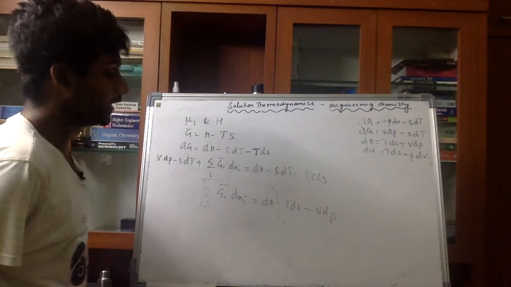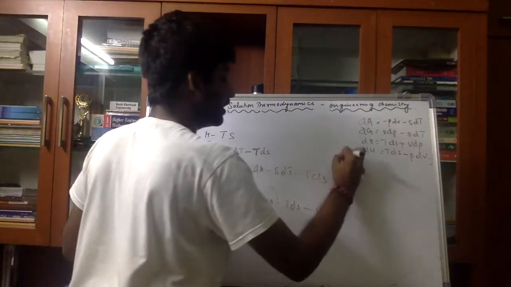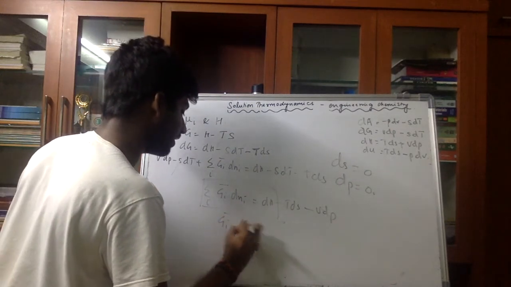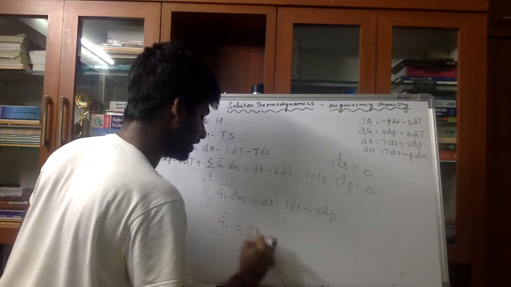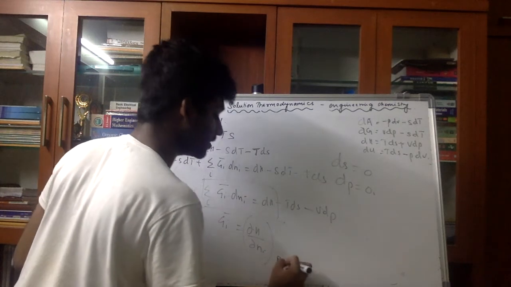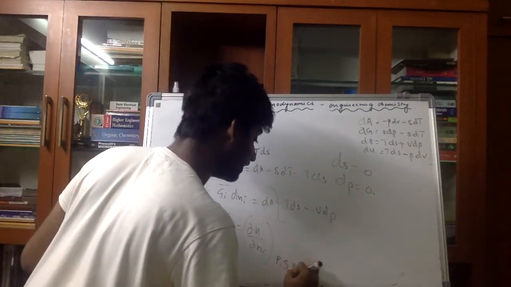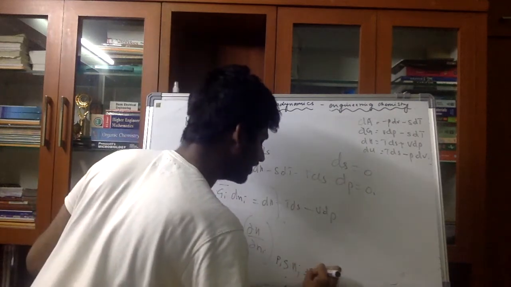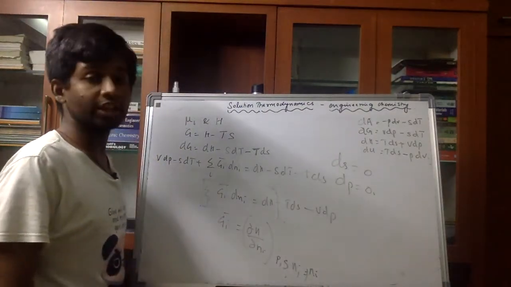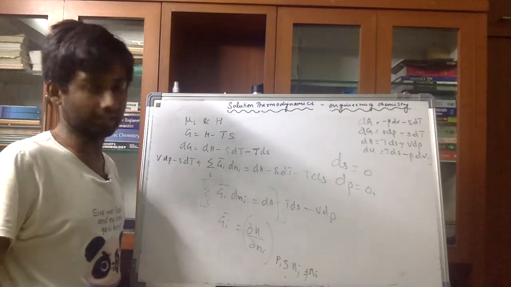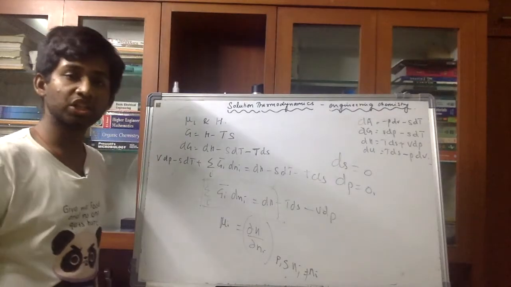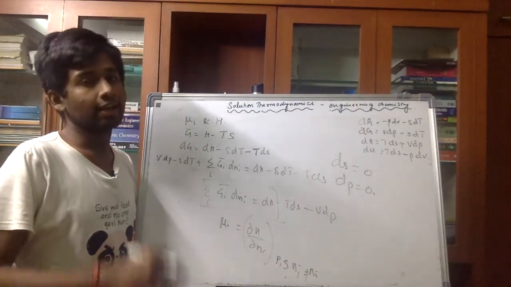And then this equation, sigma gi bar dni, will be equal to dH only if dS equal to 0 and dP equal to 0. So you will write gi bar equal to dou H by dou Ni only when your pressure is constant, entropy is constant, and then in all the cases you will write Nj is constant. I may not have written it for one or two relations, but you are supposed to write Nj not equal to Ni. Okay, and I can write this gi bar as mu I. So I have related the chemical potential with your enthalpy, internal energy, Helmholtz potential.